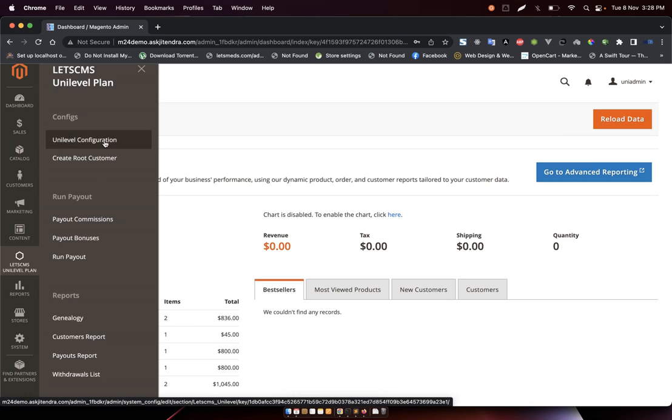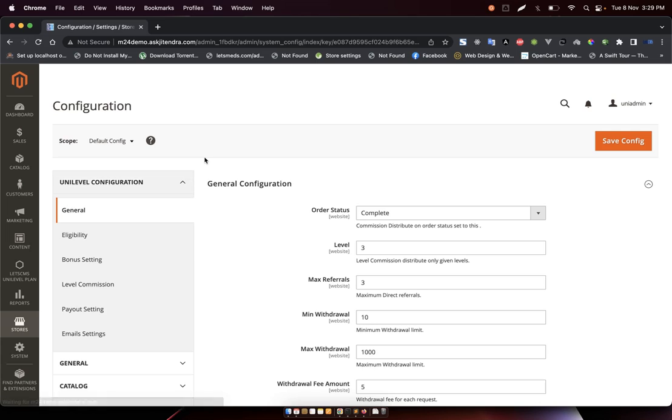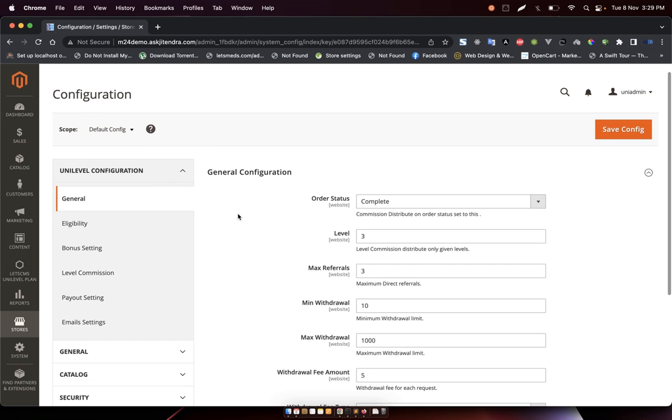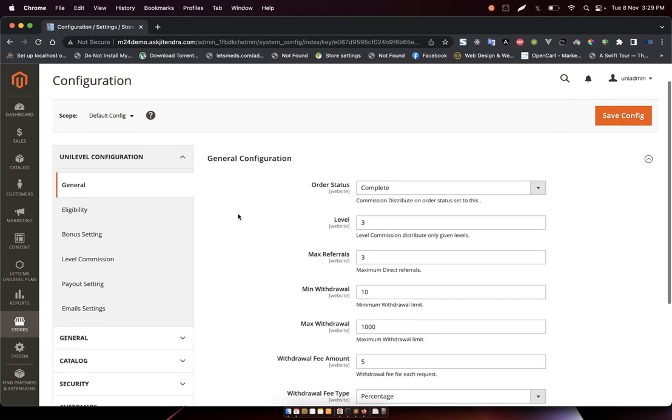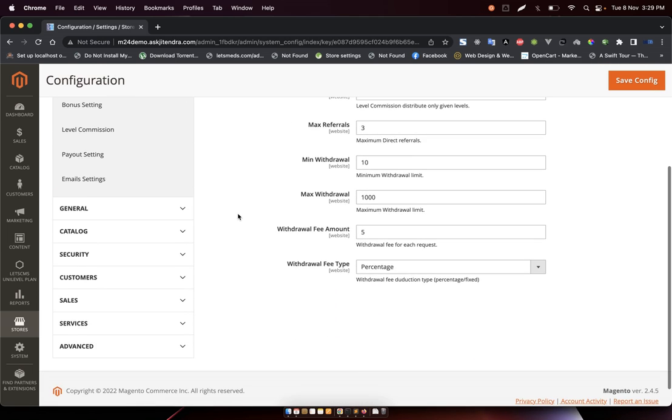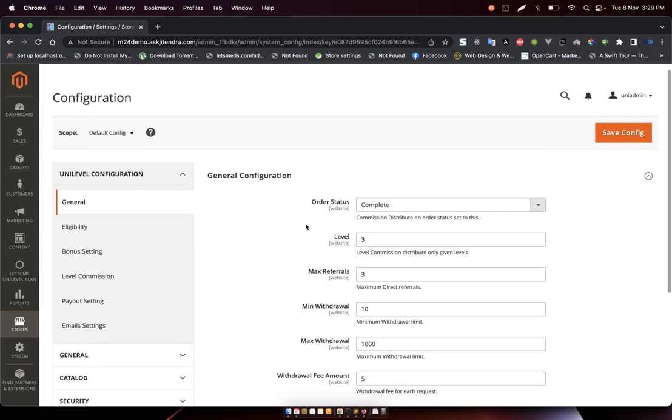We are just going to the Unilevel configurations part. There we first of all need to create the root member of the affiliate network, but we have already created one user as a root user, so we don't need to create it here. I am just going to show you the configuration part of our product, that is the general configuration part of the Unilevel MLM plan, where